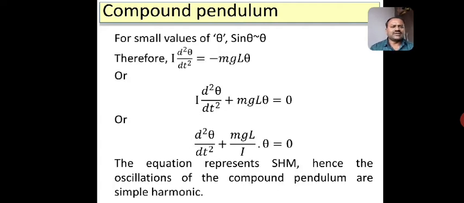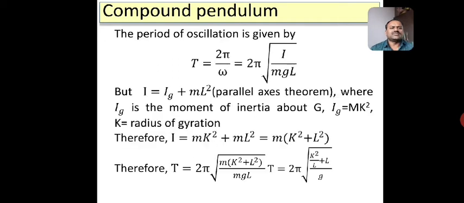Now for small values of theta, sine theta is nearly equal to theta. Therefore, the equation becomes I into d square theta by dt square equal to minus mgl into theta. Taking the term to the left hand side, you will get I into d square theta by dt square plus mgl into theta is equal to 0. If you divide throughout by I, you will get d square theta by dt square plus mgl divided by I into theta equal to 0. This equation represents simple harmonic motion, and by comparing it with the simple harmonic equation, you will get omega square as